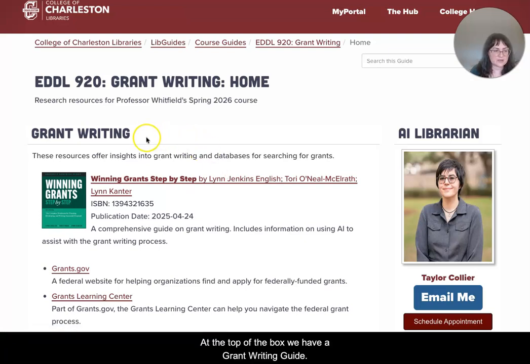At the top of the box, we have a grant writing guide. This is an ebook available through the O'Reilly platform. O'Reilly is one of our more career-oriented databases. It has skill-building resources on everything from programming and IT security to delivering effective presentations and team management. So you could look at this to supplement what you've been doing in class and also to find some additional